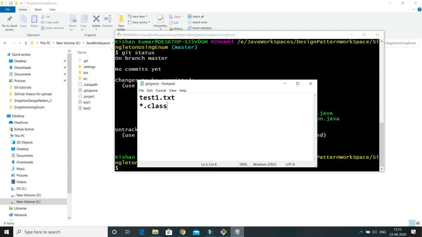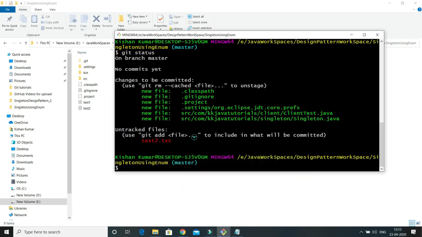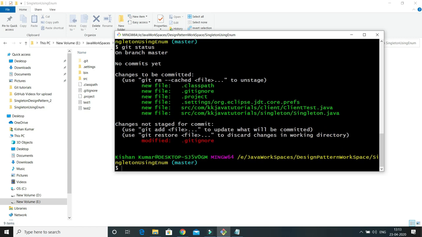So here also, to ignore all text files, instead of specifying the specific file name, we can use a wildcard pattern. After doing so, if I do git status, then here you can see Git is now ignoring all kinds of text files, right?